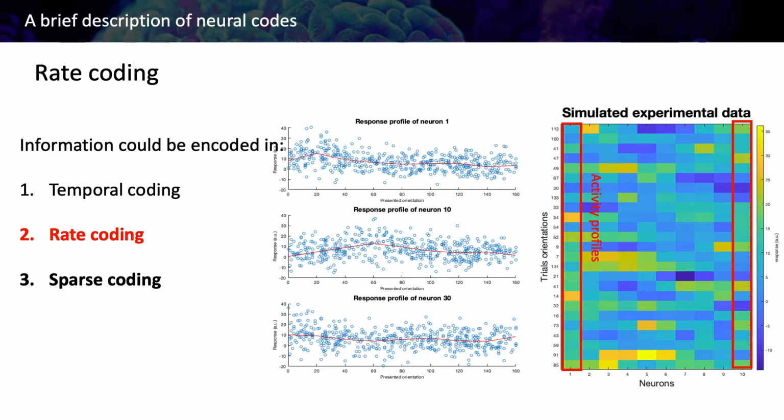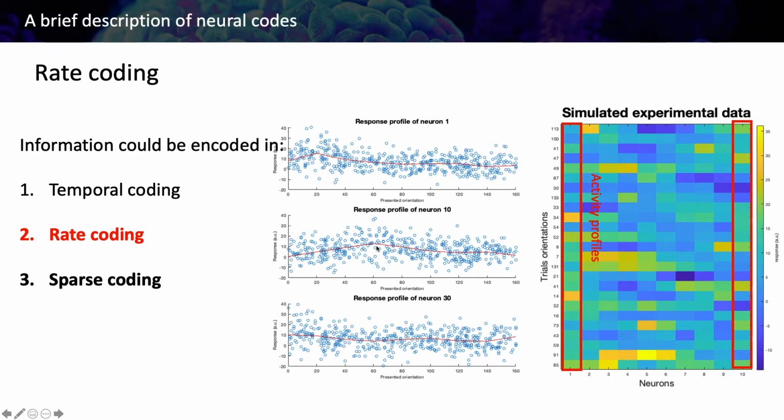In the example that I prepared from this data, which is simulated data, of course, I will share some script that you can use to simulate your own data and probably train different types of models or try classification or representational similarity. With this data, if you plot the activity profile for different neurons, here neuron 1 or neuron 10, you will see that they have different preferences. Neuron 1 has the peak around 20 degrees, so it's a neuron that is tuned for that orientation. And neuron 10 instead has a peak at 60 degrees.